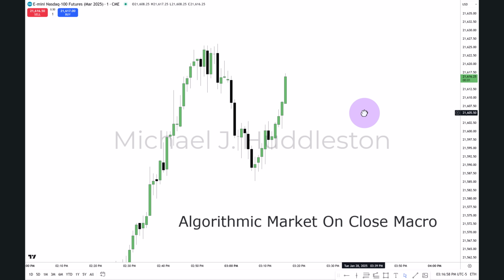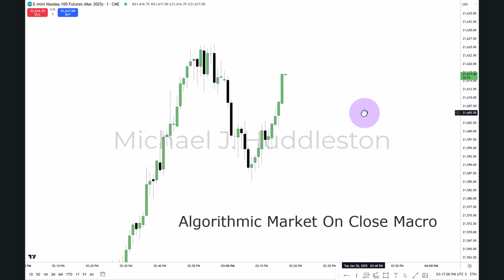This is Smart Money Concept, Algorithmic Market on Close Macro. It's a mouthful, I know. So I'm about to demonstrate something that your other mentors out there are not going to be able to duplicate. They might talk about the last hour trading and macros existing, but they're not going to be able to show